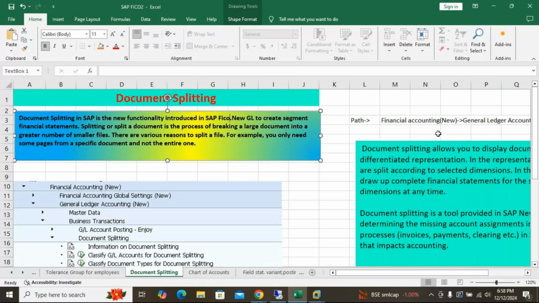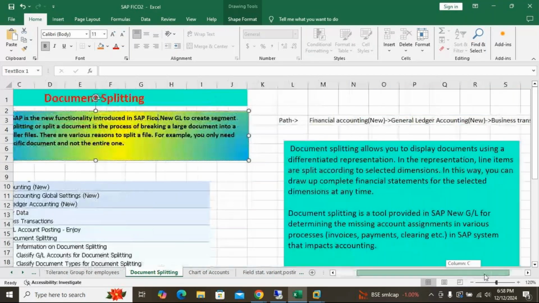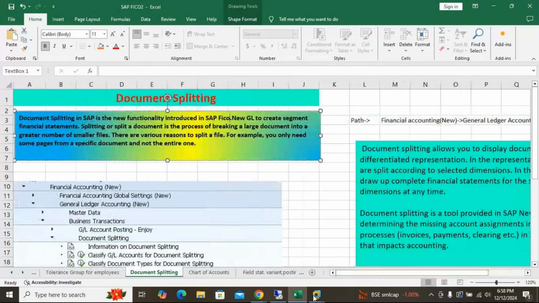Please make a note on this. You write this, and you can write some more information about document splitting. Then I'll show you how to do this.